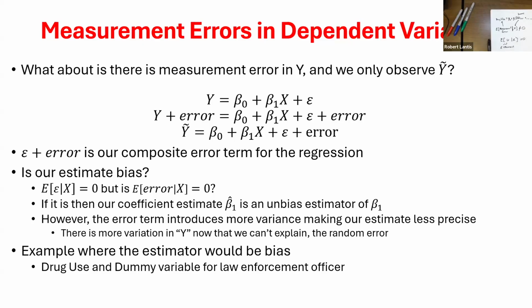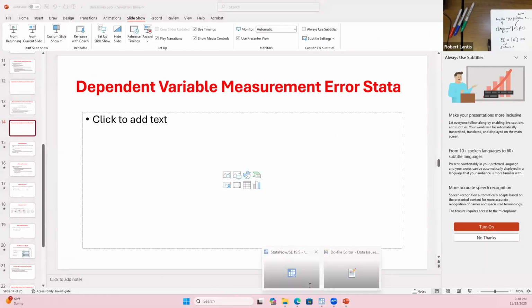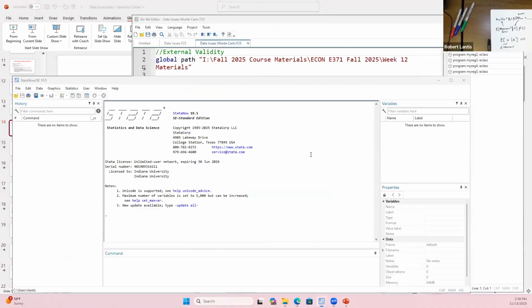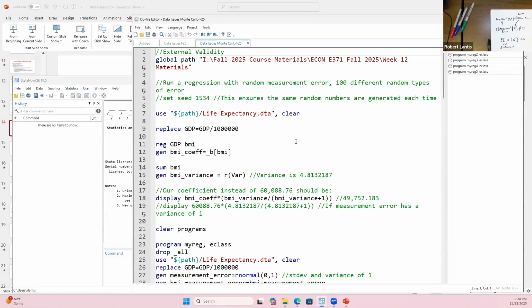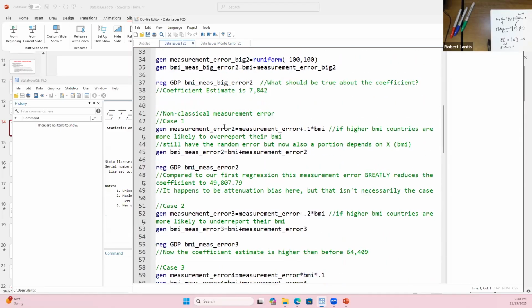So we can think of tons of different examples here. I'm just trying to give something to solidify this idea. So let's take a look at what this looks like in Stata, because part of this class is its application of statistics. And sometimes I think seeing it, proving something to yourself with data, will sink in a little bit more. So let's go to that data issues file, and we left off